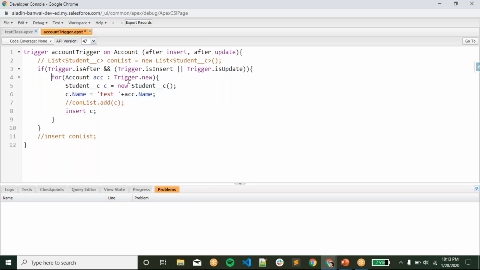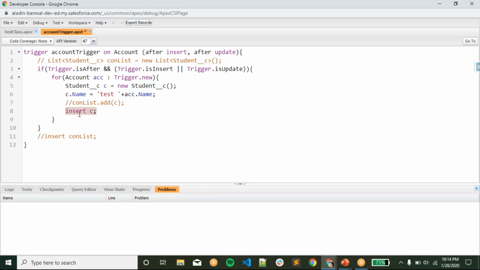So let's say I have more than 3,000 or more than 1,000 records inside this list, which is coming from this trigger. I am updating accounts using Data Loader, and I am updating 1,000 records in account. So if all the records come into this for loop, every time this DML will be fired.